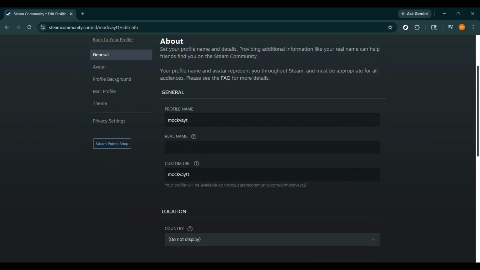Now scroll until you find the custom URL box. This is the field where you can choose the web address for your Steam profile. Type in the custom Steam URL you want to use. Keep in mind that it needs to be something unique and available. So if your first choice is already taken, you may need to try a slightly different version with numbers, letters,